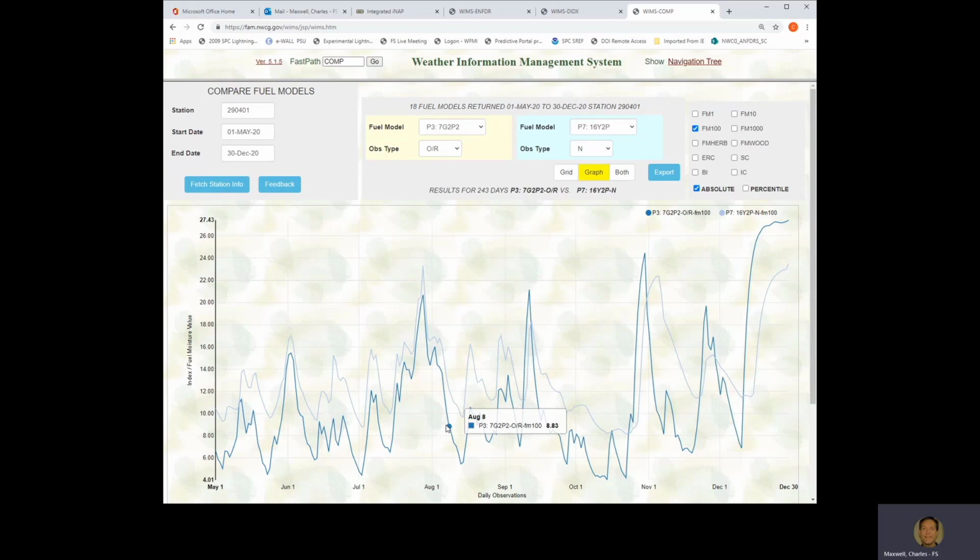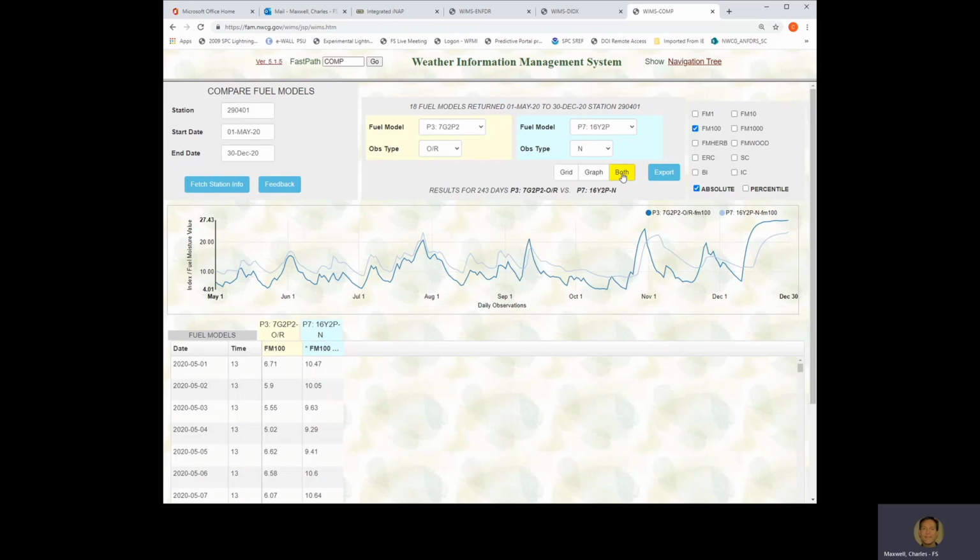So that's a real trend with all of the new fuel models and so forth. They track very, very well with what we used to use, just maybe a little bit better. And they're hopefully more dynamic and relate better to fire activity in the long term. There's some other things in here. You can look at both the data and the graphs together. We won't get into the percentile yet, but there's lots of options here for at least evaluating on a day-by-day basis what's going on with this data coming out of WIMS. You can see if lines are crossing, if they're going straight or sideways, whatnot. This is just one of the many ways to evaluate the impacts of changing the NFDRS 2016 system within WIMS.